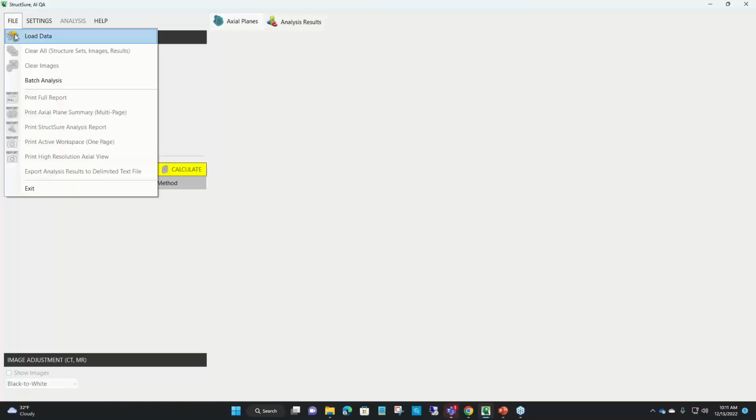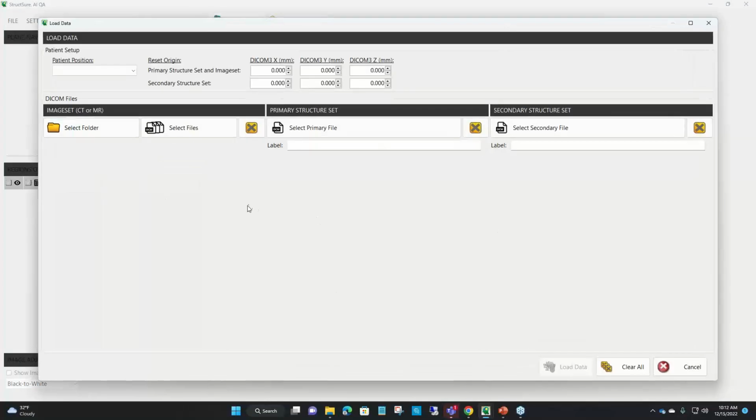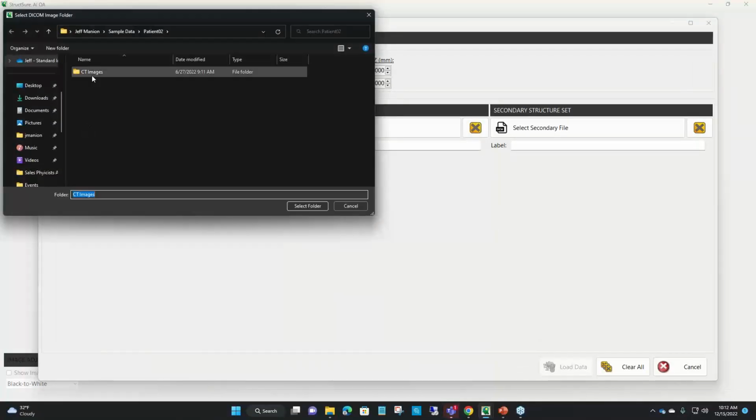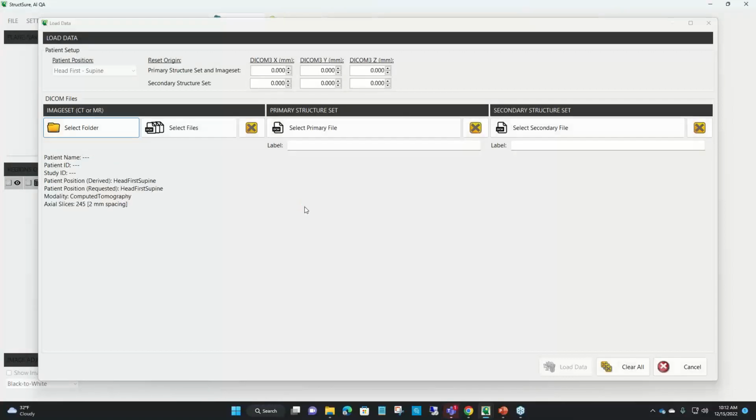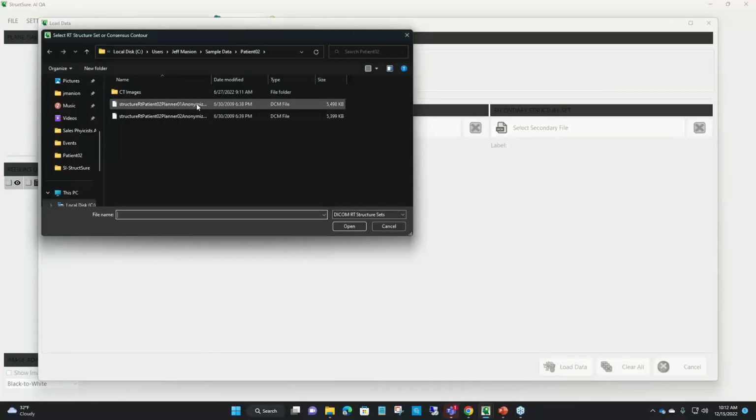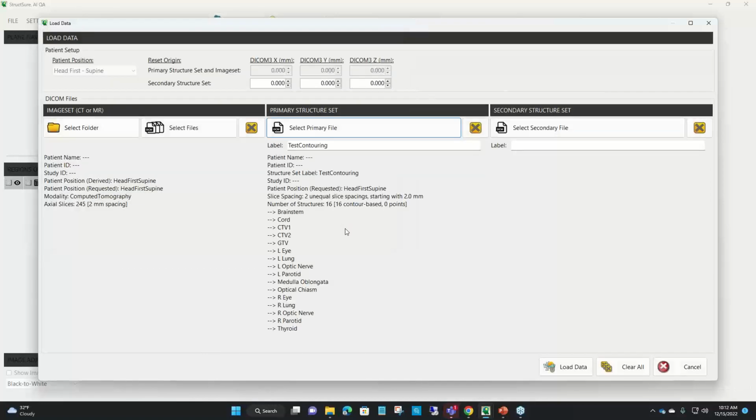So what you do here is you're going to load the data up. This little dialog pops up, and let's take a look at that CT set. So let's bring that in, and there we go. And it says, oh, this is what I found. Very good. And so now here we're going to select what we call the primary structure set. This would be what we would probably call our gold standard. Maybe this was done by one of our best dosimetrists. This is a really good set of contours. It's all set up. So we load that in.